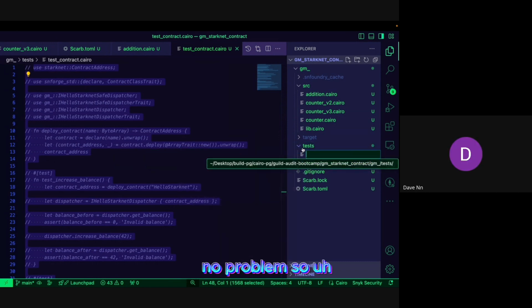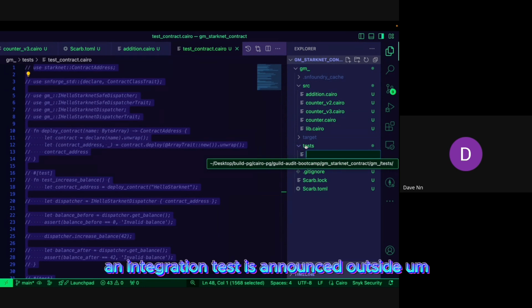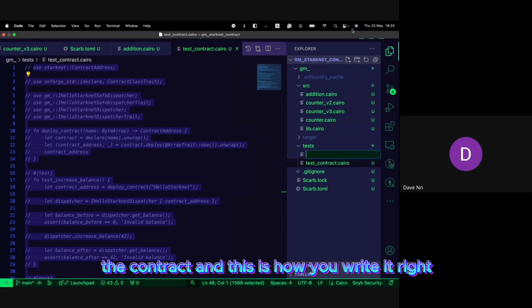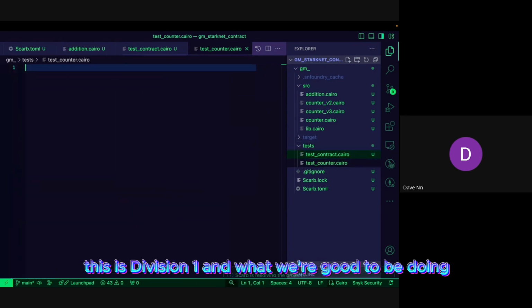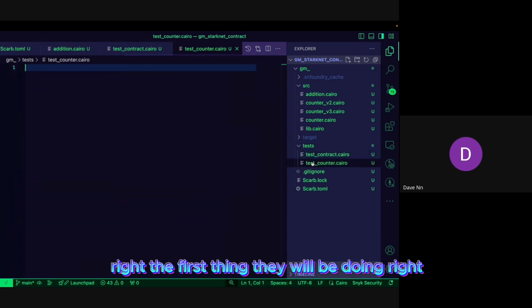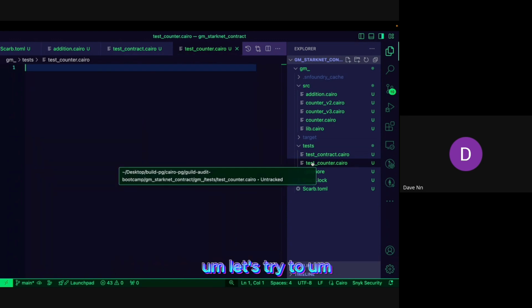So we will be doing integration tests. An integration test is housed outside the contract, and this is how you write it. Let's say test counter, let's test counter.cairo. This is version 1. And what we're going to be doing, the first thing that we'll be doing, let's try to